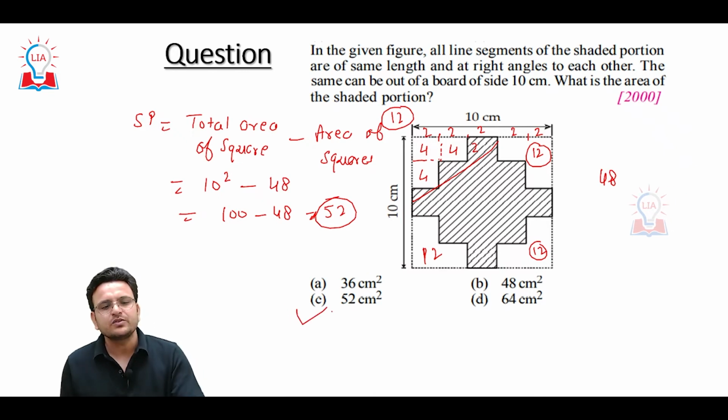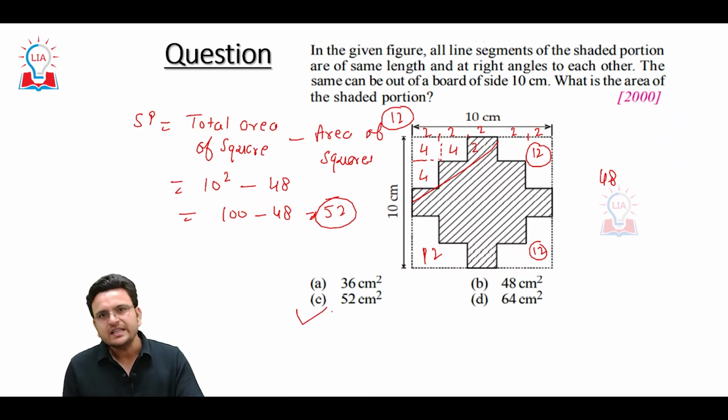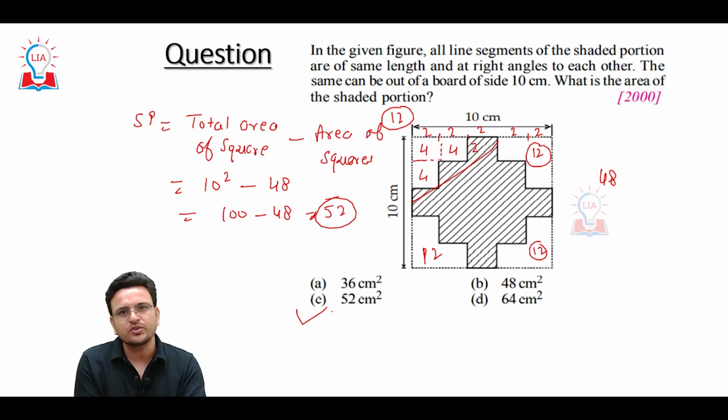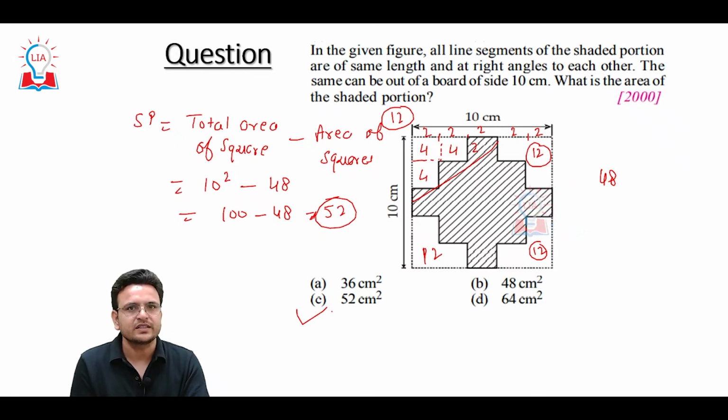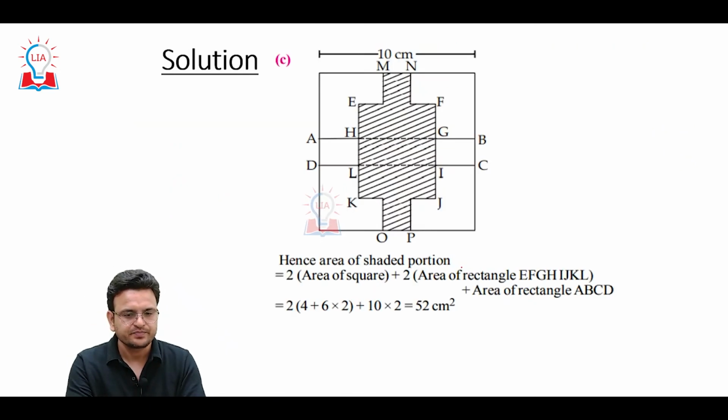So hope you are able to understand. Try to think properly whenever you see the questions and the diagram. Try to think how easily you can solve it. You can visualize it. Like here we have one square, so three squares are there. A square which has its own side of 2 centimeter, then area will be 4, 4, 4. So hope you are able to understand it.